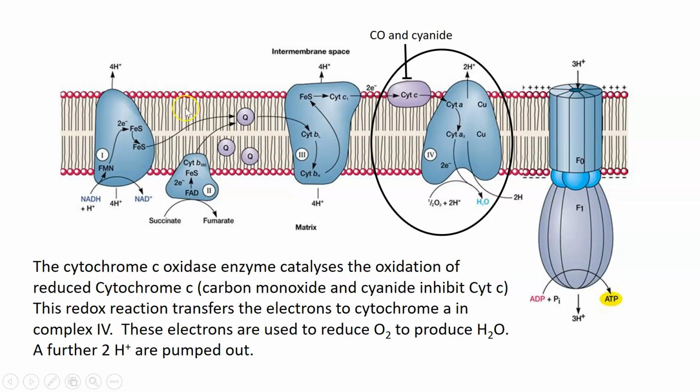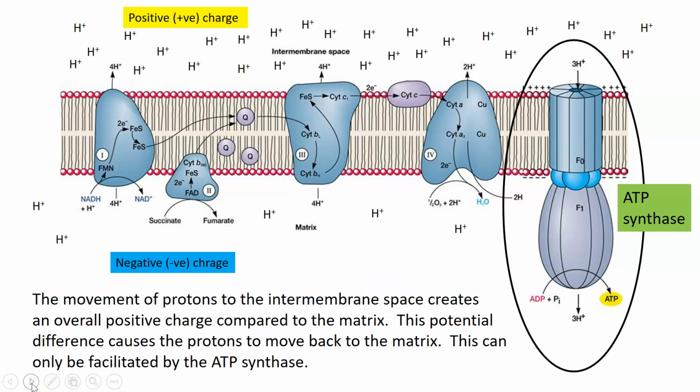So after the pumping of these hydrogen ions into the intermembrane space, this is what happens as a result of that. You get a lot of hydrogens being pumped into the intermembrane space, so you generate a gradient. Lots of hydrogens, lots of protons on one side, and not so much on the other side. So we've got lots of positive charge on one side and a relatively negative charge on the inside. And so because you've got this electrochemical charge difference, and obviously diffusion forces, all these hydrogens then need to find a way to get